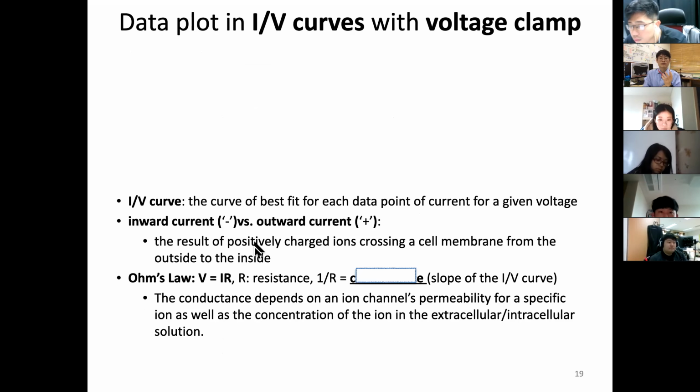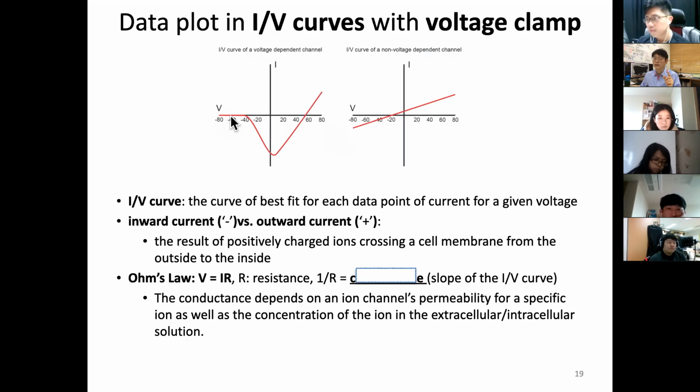What are we doing with this voltage clamp? Let's say you have identified a single ion channel of interest, and you want to figure out the electrical properties of this tiny single ion channel or a group of channels. There we fix a voltage and measure the amount of current, and then you change the voltage, minus 80, minus 60, minus 20, plus 20, and you measure the current using the voltage clamp method. And this is one set of the so-called IV curve. Let's say